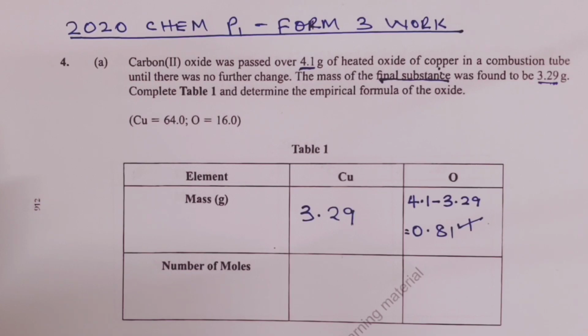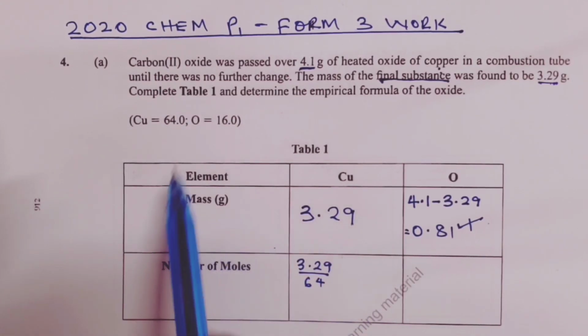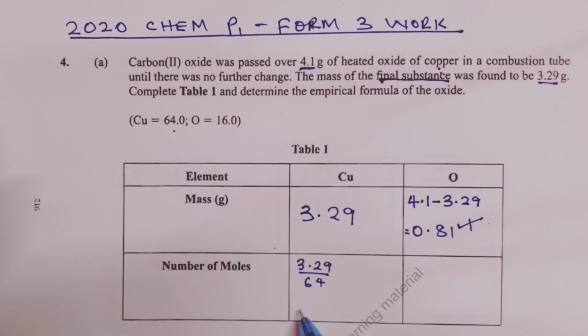Now moving to the number of moles, this would be 3.29 for copper divided by the molar mass of 64 as given here. That is giving us 0.051 for the next half mark. Now for oxygen, we have 0.81, which we have calculated here, divided by 16. And again, we get